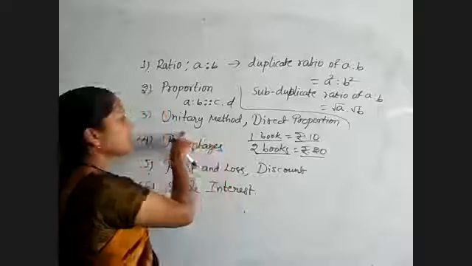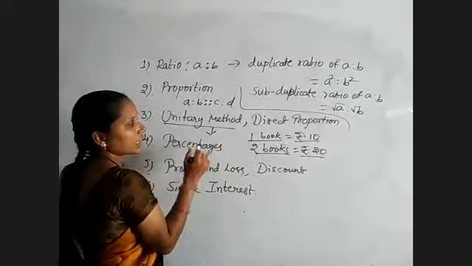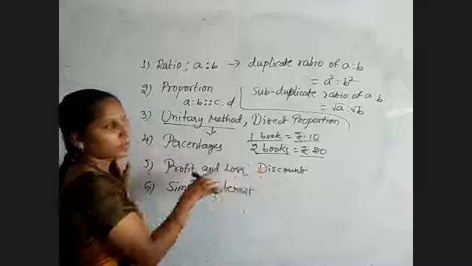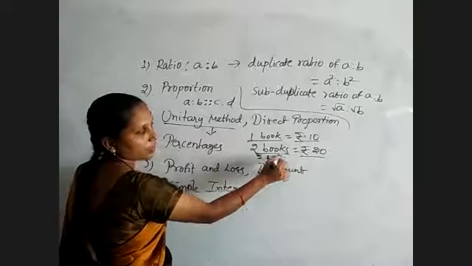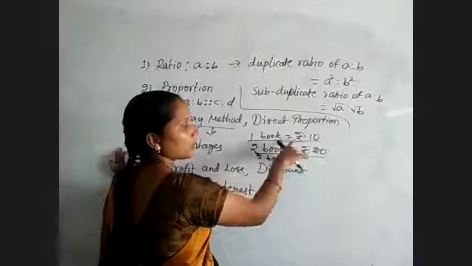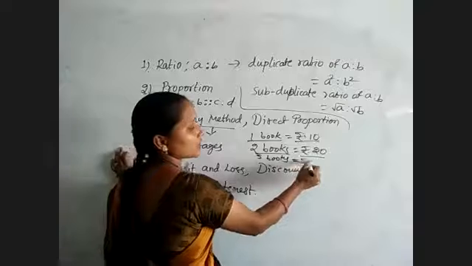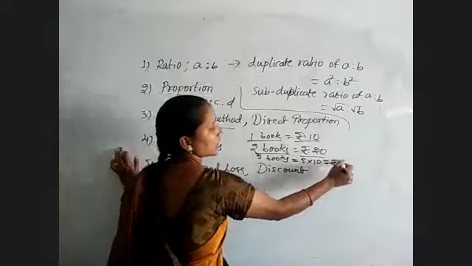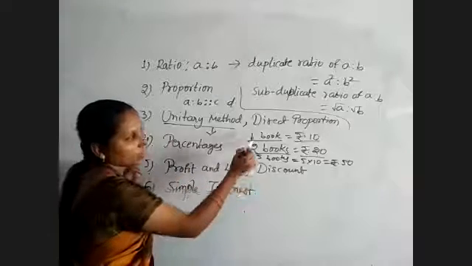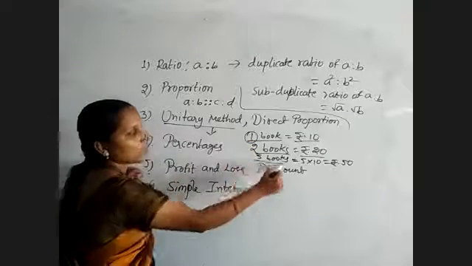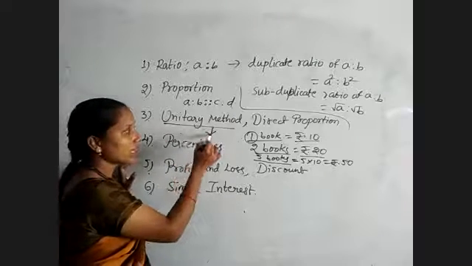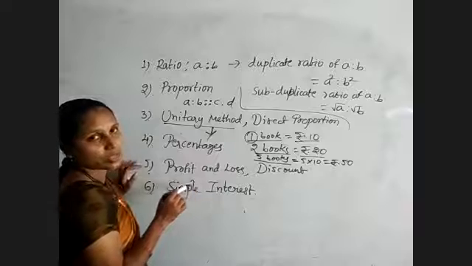Okay, and unitary method. In this method, first we find the value of one quantity. For suppose it is given that the cost of two books is equal to 20 rupees, then find the cost of five books. So we need to find the cost of one book first. One book costs 20 by 2, which is nothing but 10. Then we get the cost of five books as 5 into 10, which is 50 rupees. So in the unitary method, first we find the value of one quantity, after that the required quantities. That's why it is known as the unitary method. And whatever problems we solve through the unitary method, we can use proportion also.